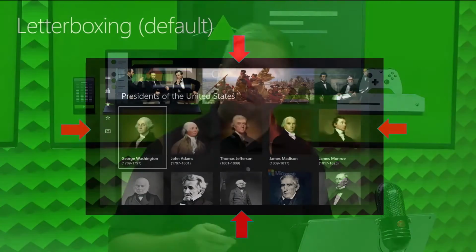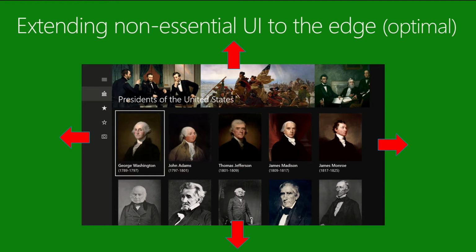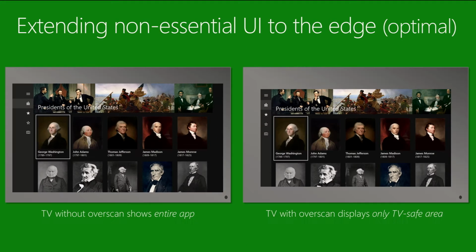So the letterboxing, again, just to really harp on this so you understand, we bring everything in. We bring those margins in on the left and right. We bring the margins in on the top and bottom. But you really don't want that. So we're going to actually extend that out, the left and right, the top and bottom, so that it looks